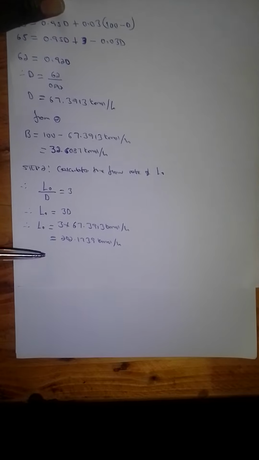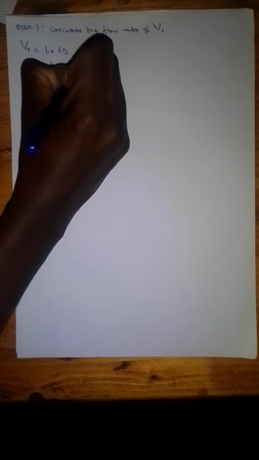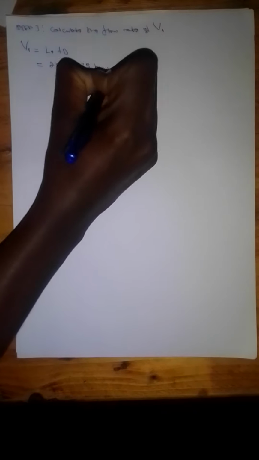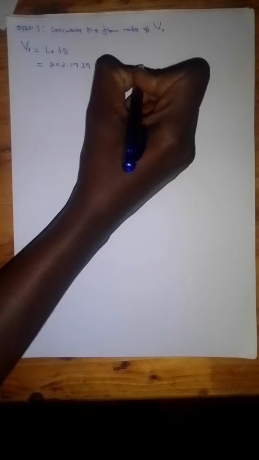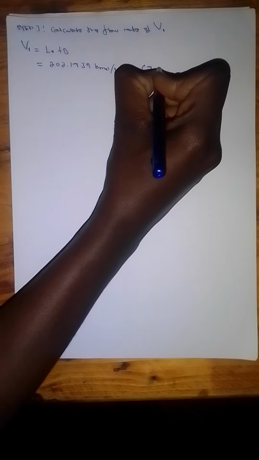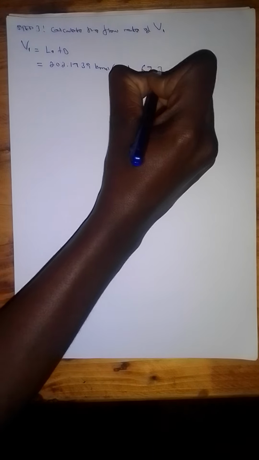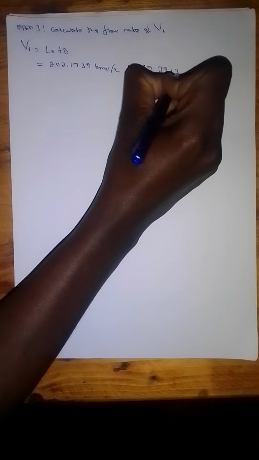So we calculated our LO to be 202.1739 kilomole. So we can just say 202.1739 kilomole per hour plus our D, we calculated it to be 67.3913 kilomole